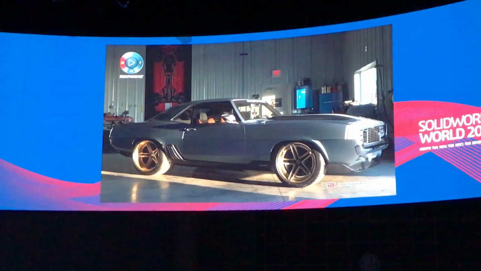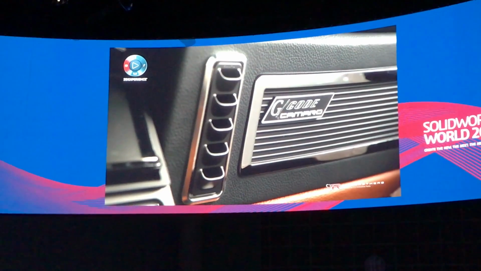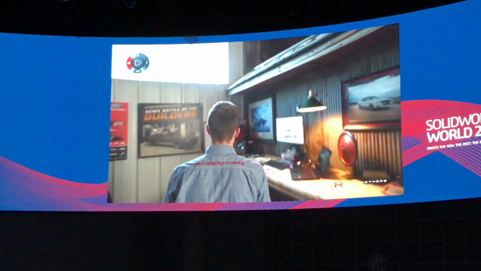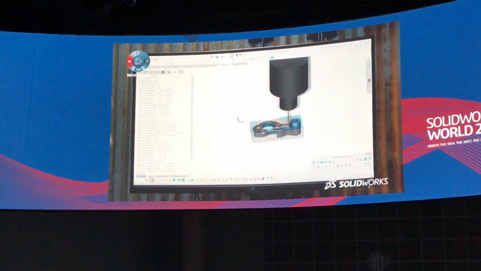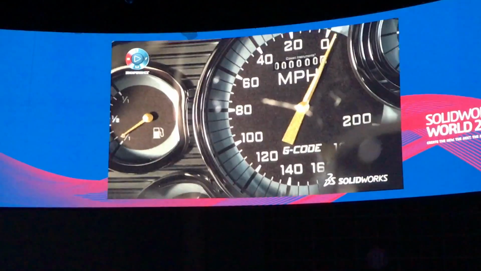I'm Jim Ring. I'm half owner of the Ring Brothers. I'm Mike Ring, the other half owner of the Ring Brothers. The 69 Camaro we have behind us, actually the name of the car is G-code. G-code is really a language that our computers talk to our machines with. It's SolidWorks CAM. With all of the machining that went into this car, almost every single component, we thought it was appropriate to call this car G-code. That's kind of a testament to what these tools can do for you.